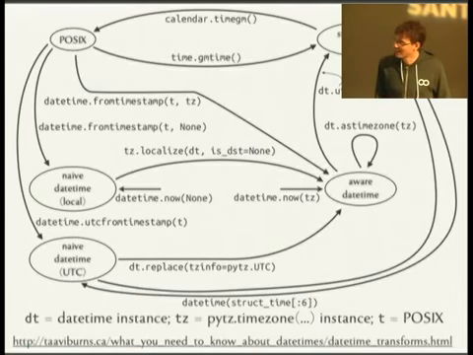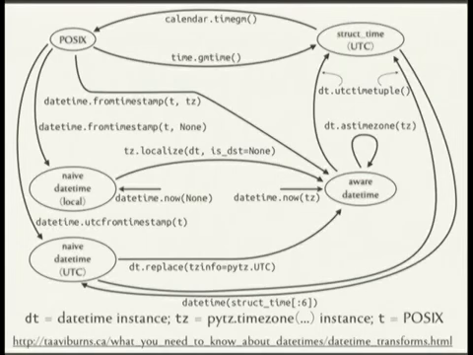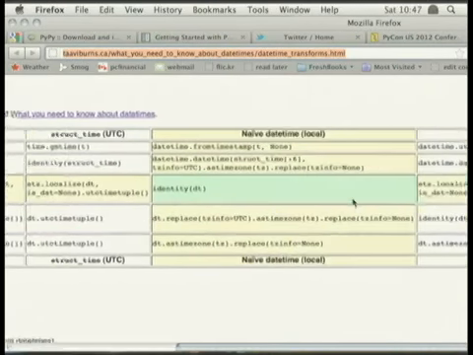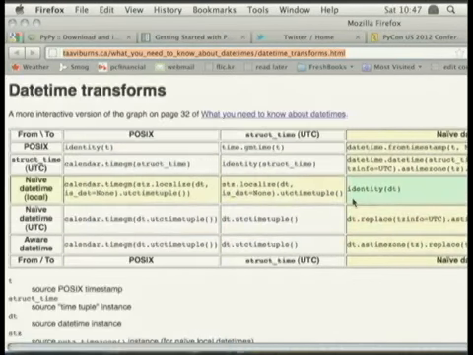We have a kind of ugly diagram here. And these are just some of the suggested transforms that I went over. And I was going to say someone should make a cheat sheet, but I did. And that's linked from the presentation. When the slides go up, you can follow the link, and you can see all of the different ways that you can transform from one thing to another.